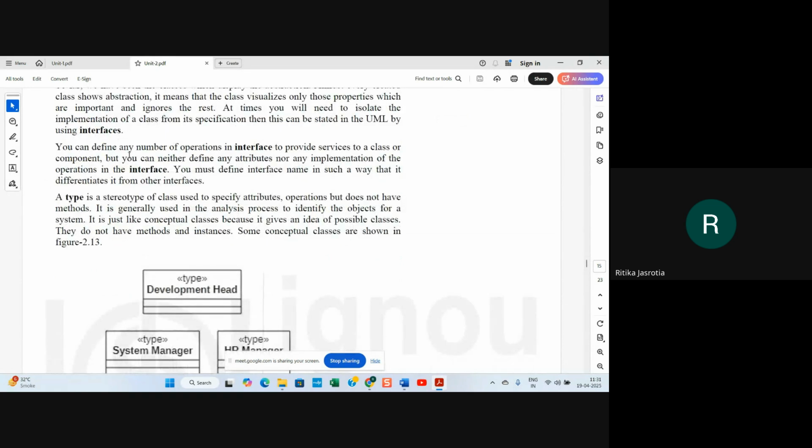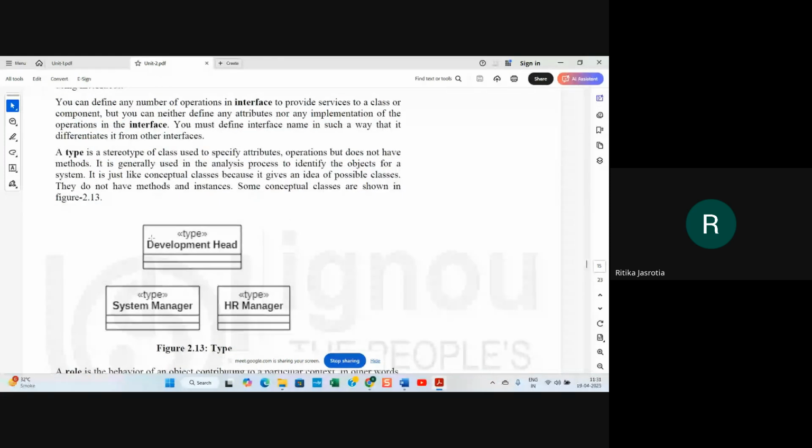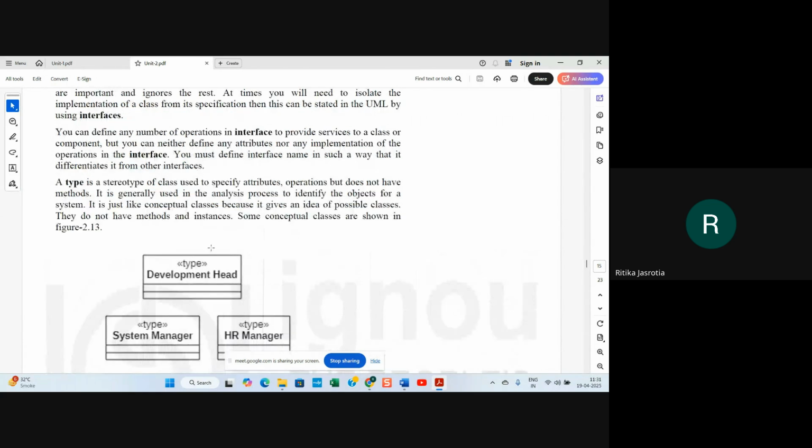You can define any number of operations in an interface to provide services to a class or component, but you can neither define any attribute nor any implementation of the operation in the interface. So in an interface, you will not define the attributes or implementations. Only you will define that this is the interface which is giving service to the class. That is what is there.